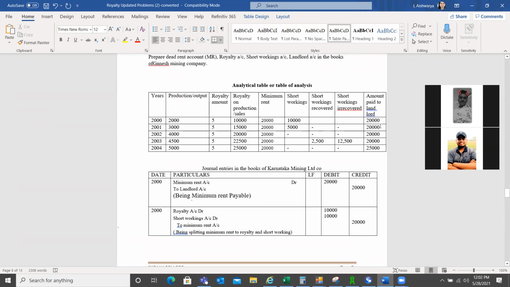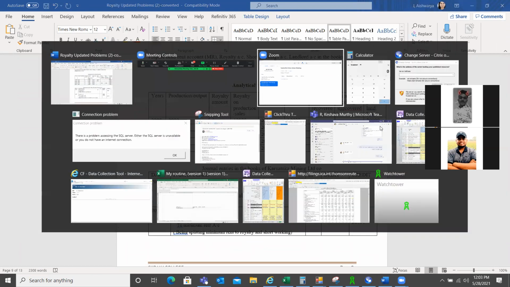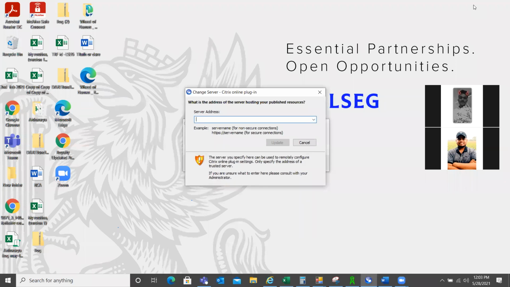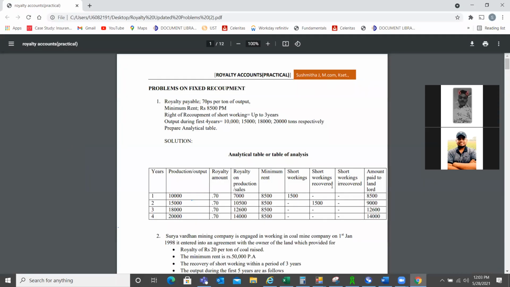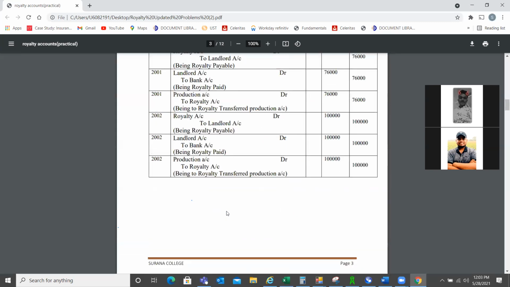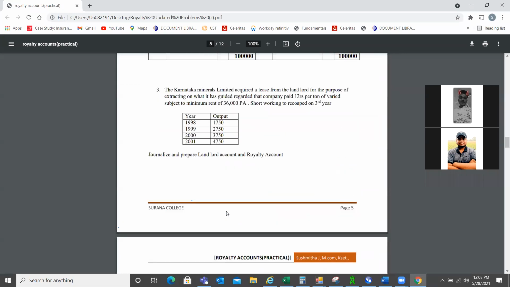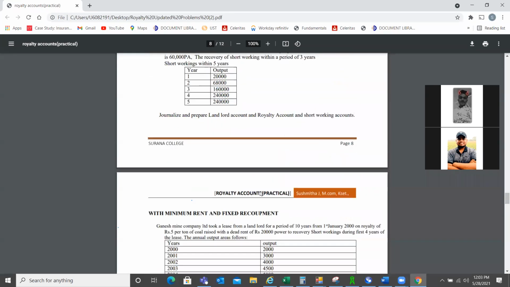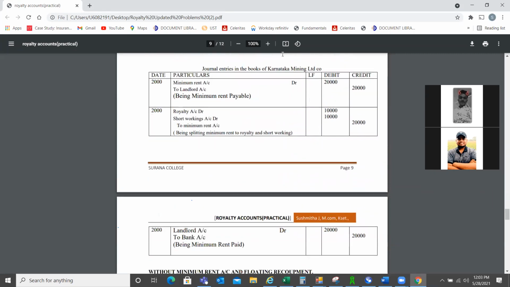So in 2003, after this, where's that entry? Okay, as it is time up, so we'll just